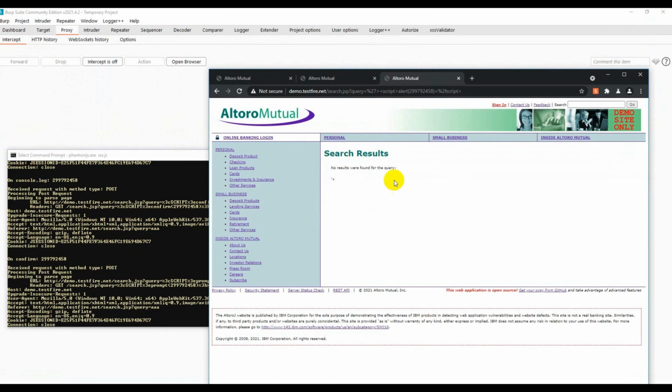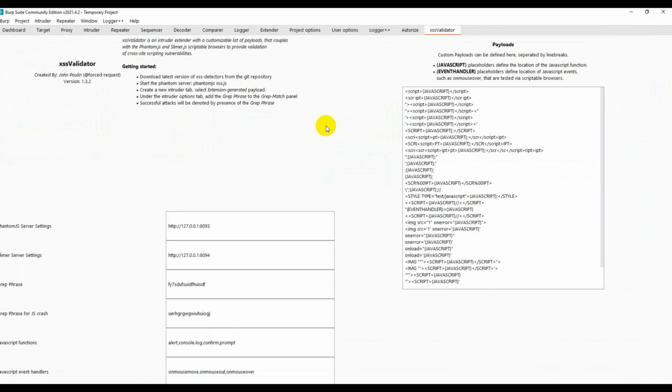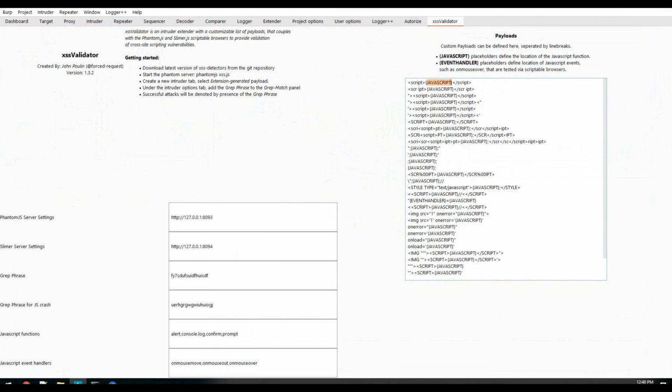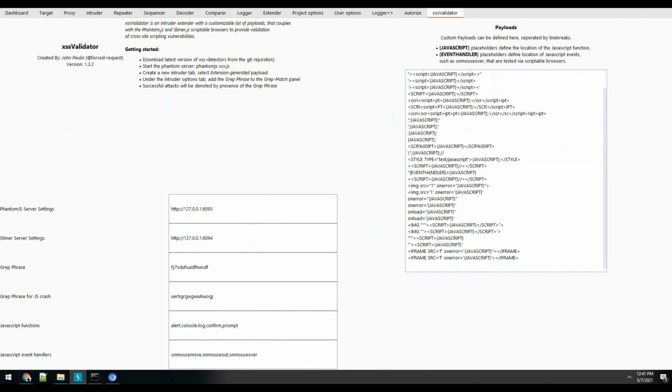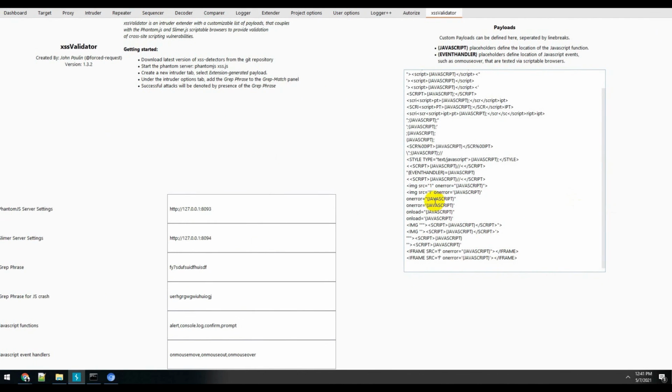Now to give you some more idea, if I go back here, you could of course change this JavaScript parameter to some of your own payload or own value. I would definitely suggest you go ahead and try that if you want to explore further with this particular extension. You could alert your own message instead of the grep phrase and put your own payload, like XSS found by InfoSeeky or whatever you want to put.